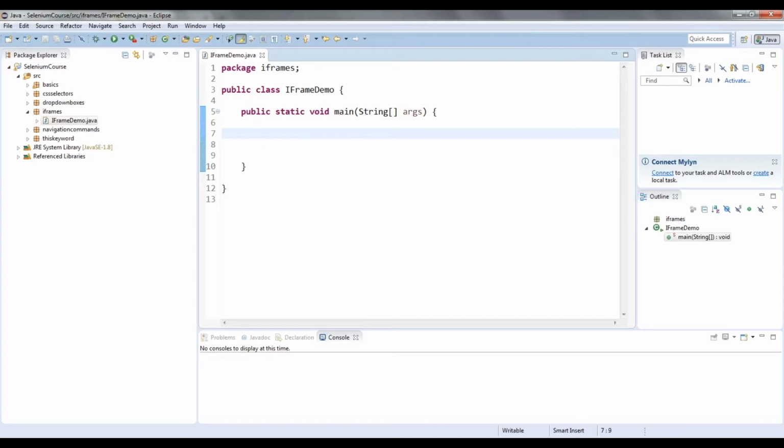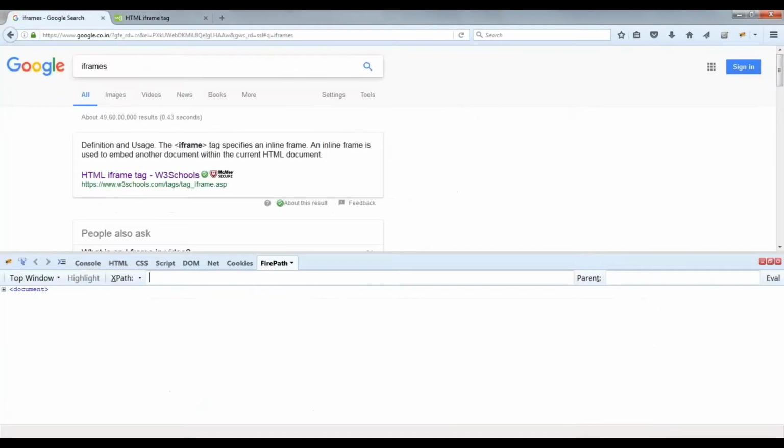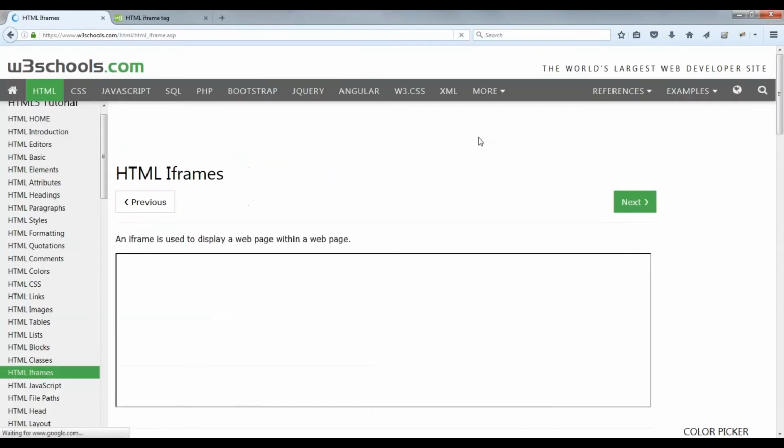Now I have to call my base class. Just a minute, I need to take some example where I will be able to click on something. That's what I'm trying to do.